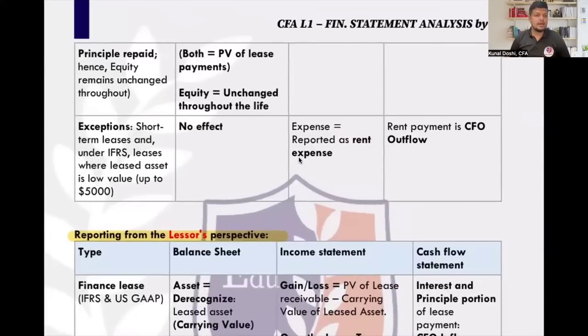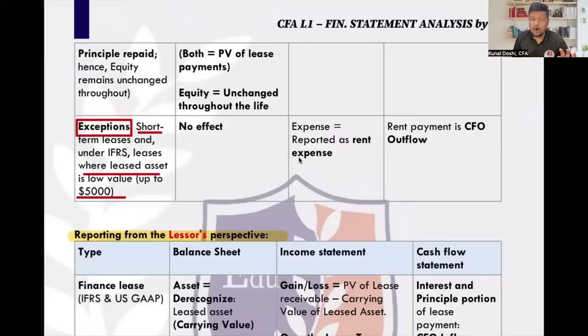Remember here one very important thing. When I say lease, which lease am I talking about? I'm only talking about non-current. What is non-current? Non-current is anything which is more than 1 year. So any lease which is less than 1 year or of low value, defined as $5,000,